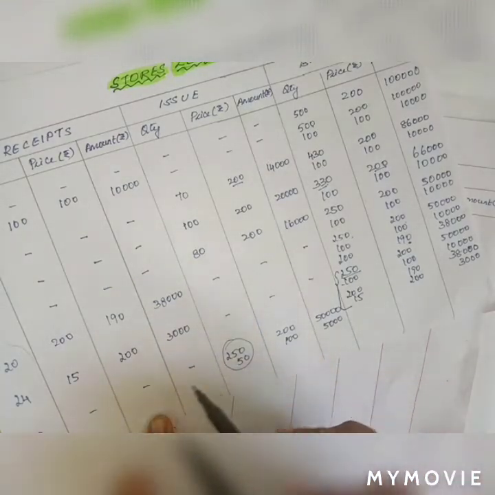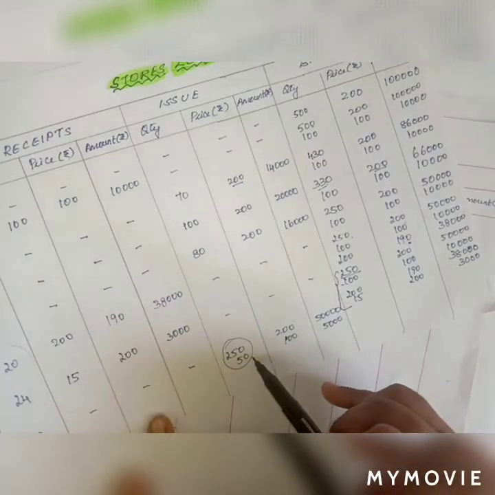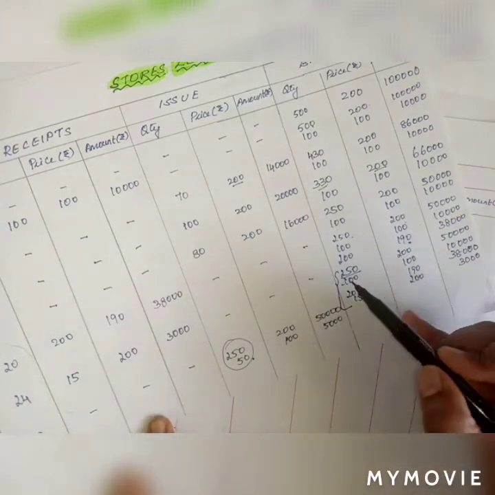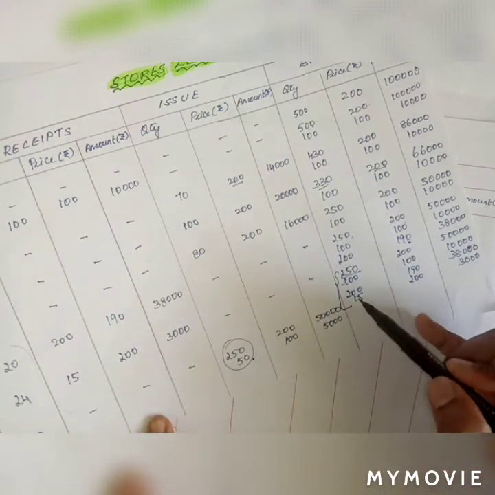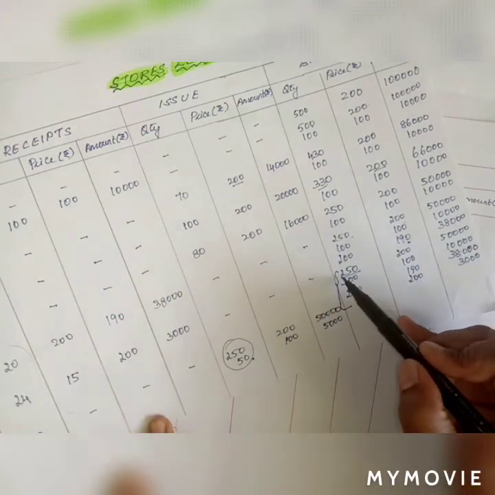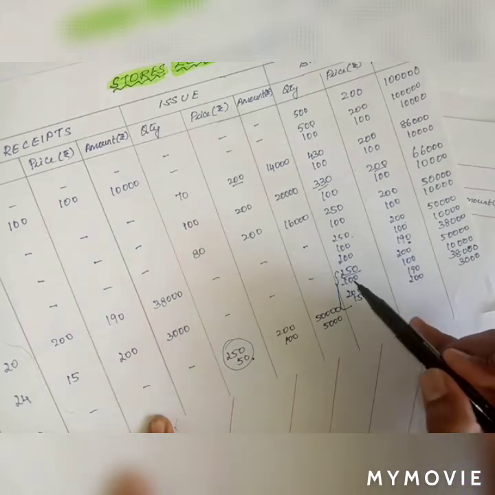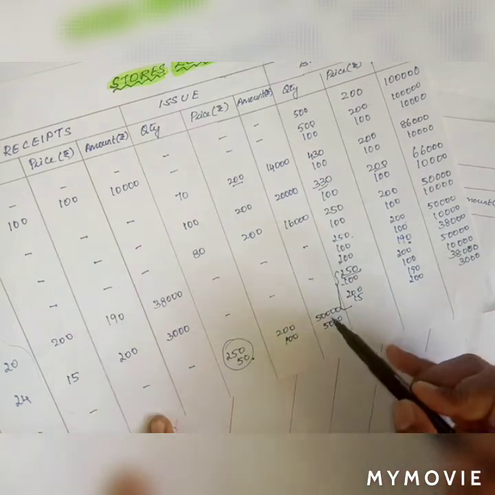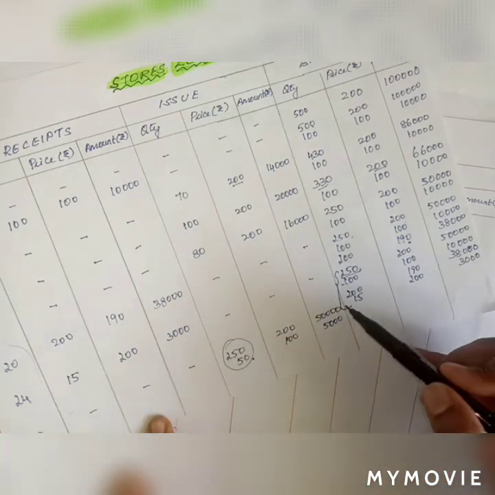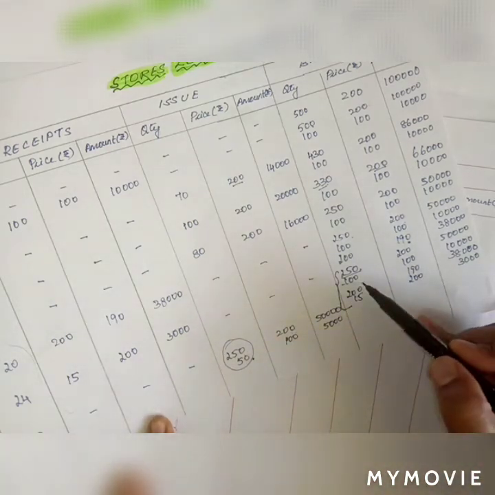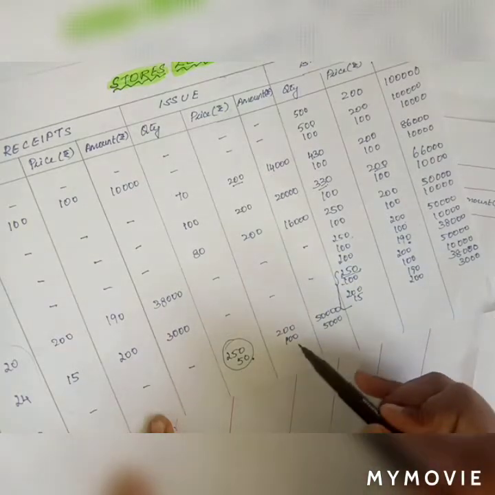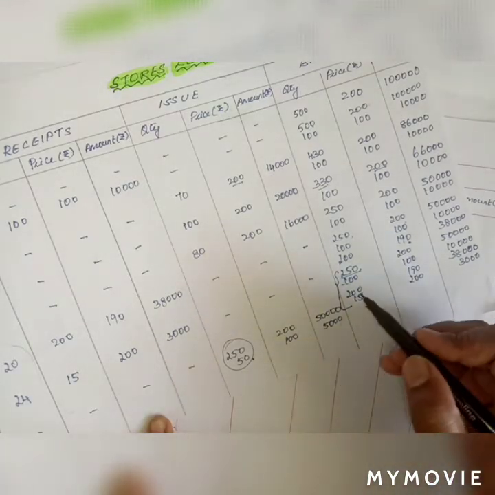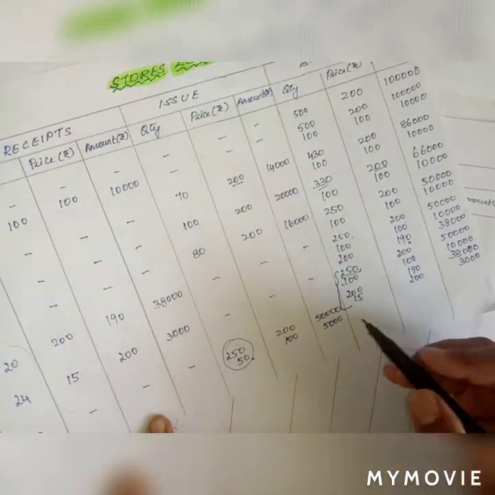Again, I am repeating. We need to issue 300 tons here and we are following the FIFO method, so we have to follow the order. The first raw material has to be utilized first. We have only 250 units in that set, therefore we are utilizing 250 tons altogether. For the balance of 50, we will move on to the next one. The next one is 100 tons, out of which we are using 50 tons. So totally 300 tons has been exhausted.